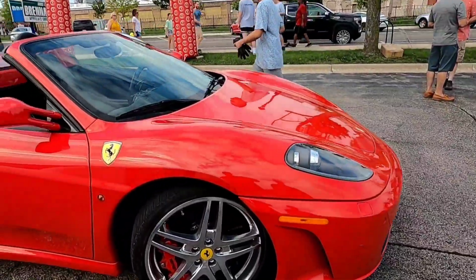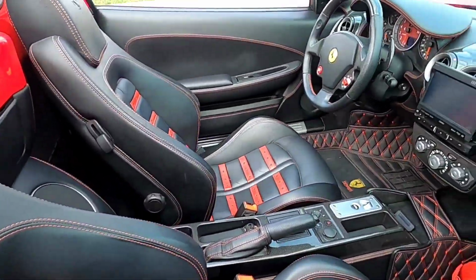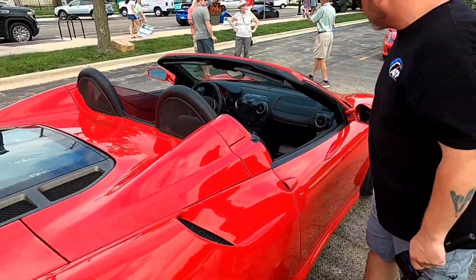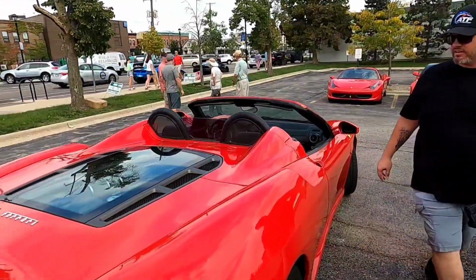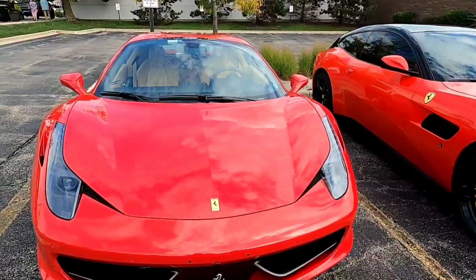Let's go over here to another classic, Ferrari F430. This thing is so amazing. Still a beautiful spec. And then let's just continue moving through the years. After you leave the F430, we're going to go to the Ferrari 458 Italia. This one over here is like